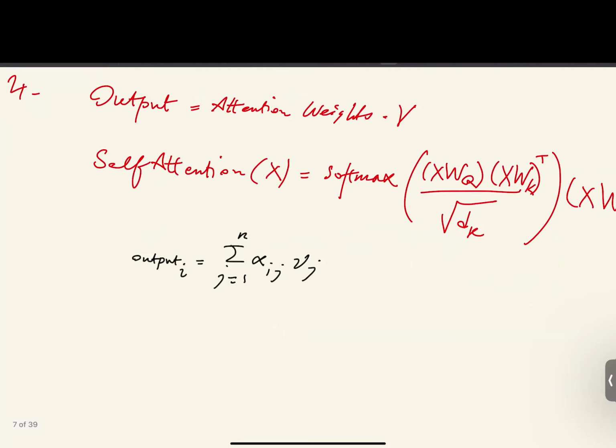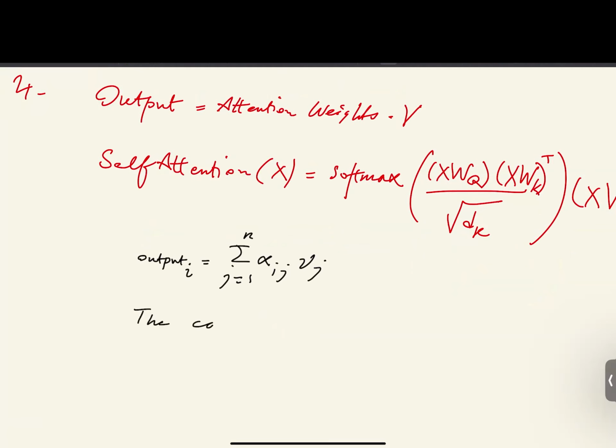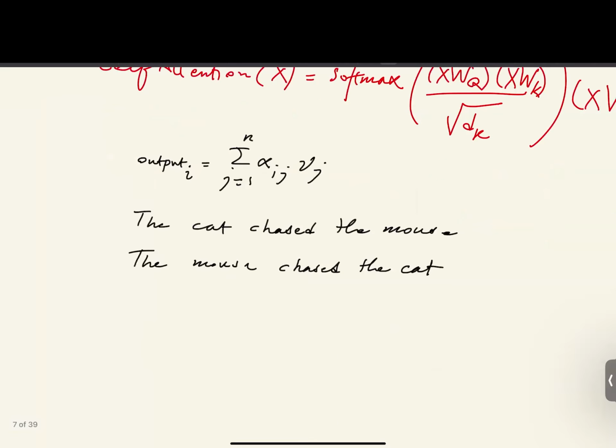And that means that a sentence like "the cat chased the mouse" is, for self-attention, the same as "the mouse chased the cat." That means that self-attention basically produces identical representations for both sequences, but these sentences have opposite meanings. So we must explicitly provide positional information here. There are different ways of doing it, and we'll zoom into this positional encoding later. But for now, let's just